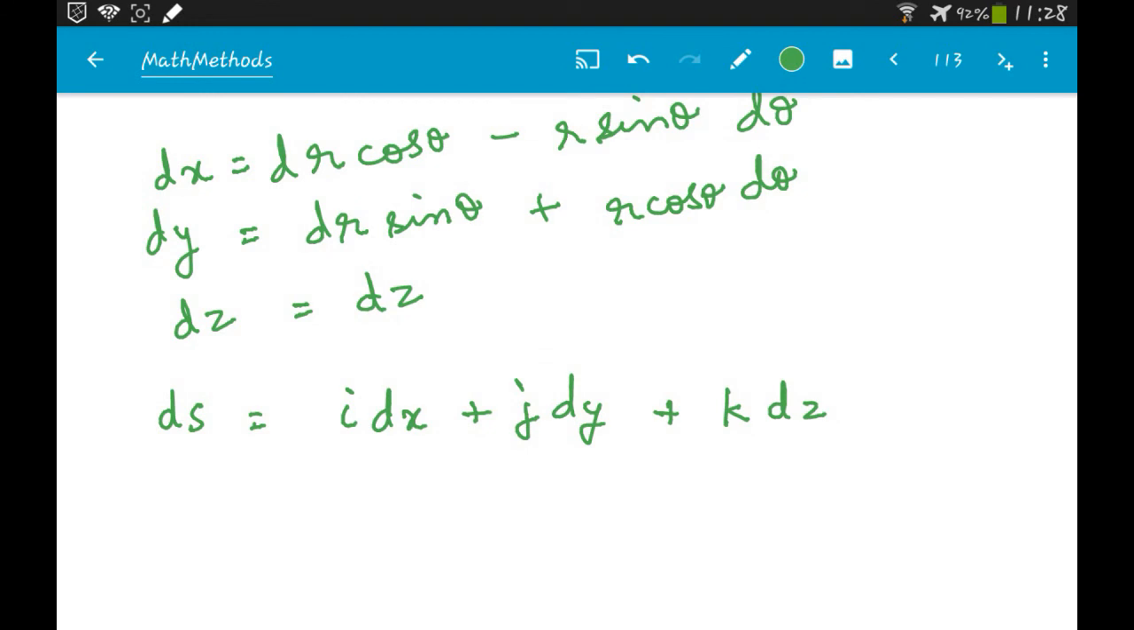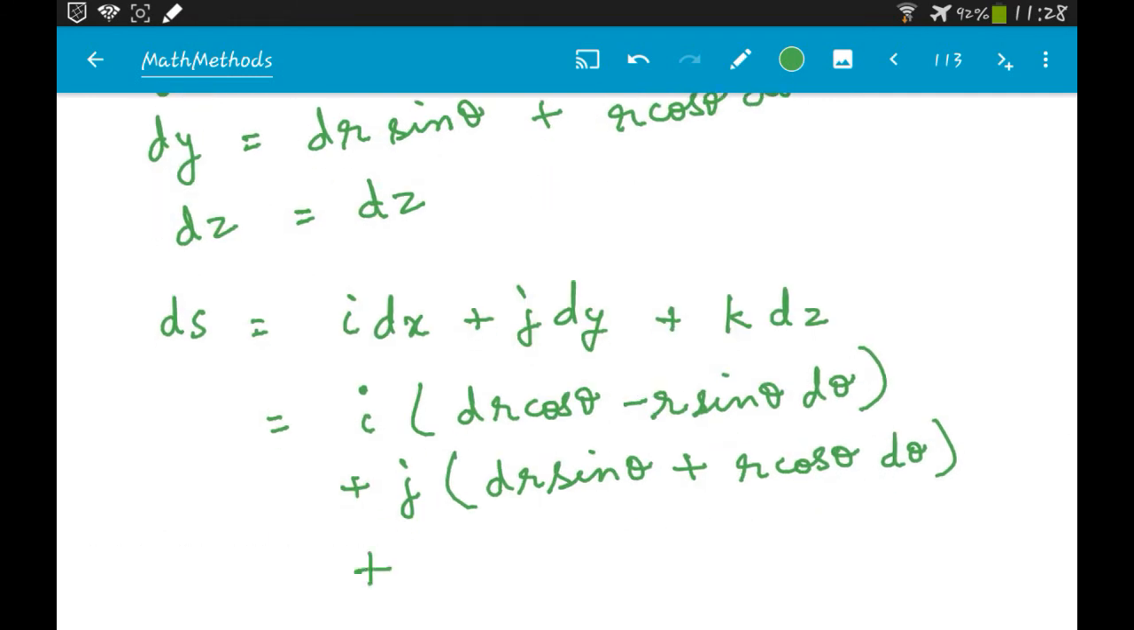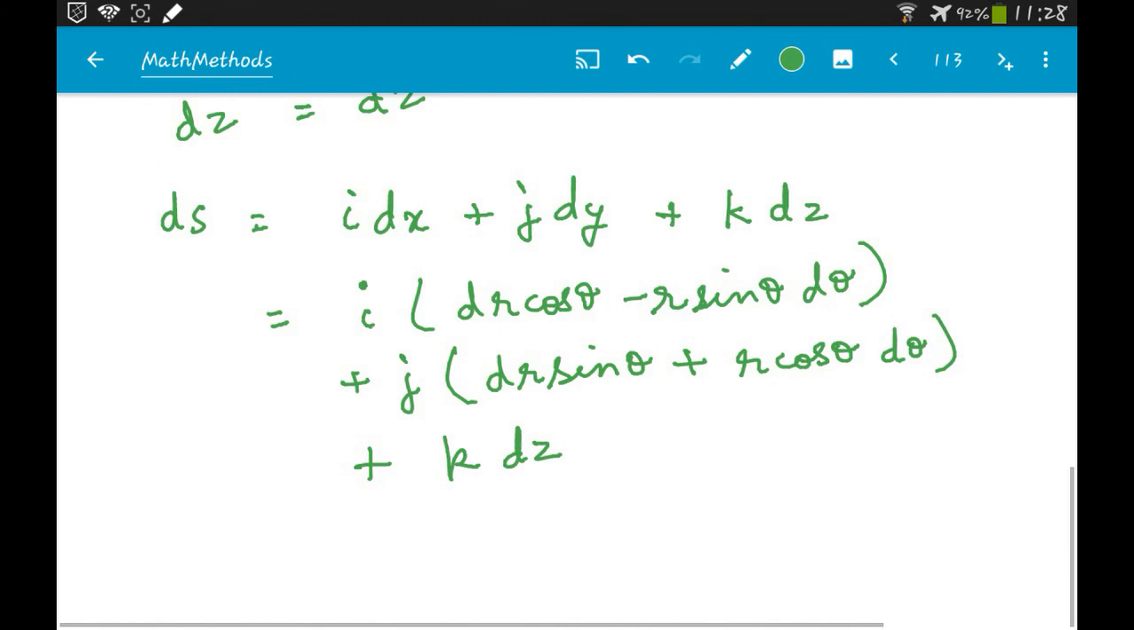Okay, so of course we can write down i into dr cos theta minus r sine theta d theta, plus j into dr sine theta plus r cos theta d theta, plus k into dz. This is going to be our ds, and so we can write this as,